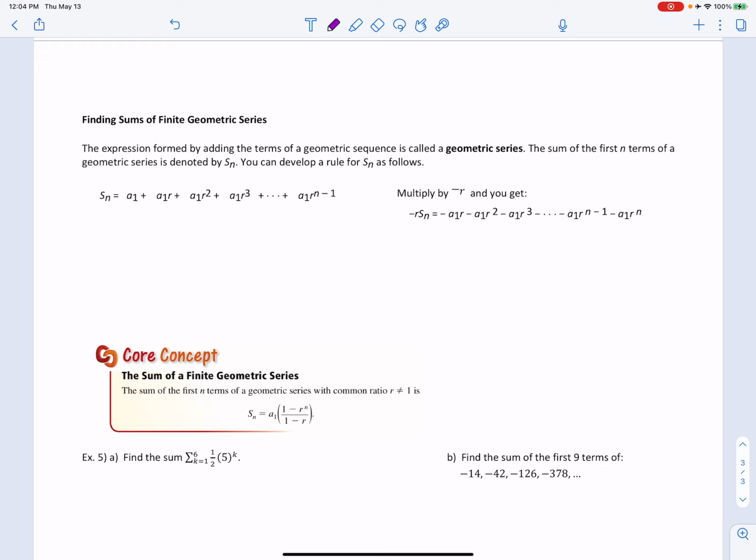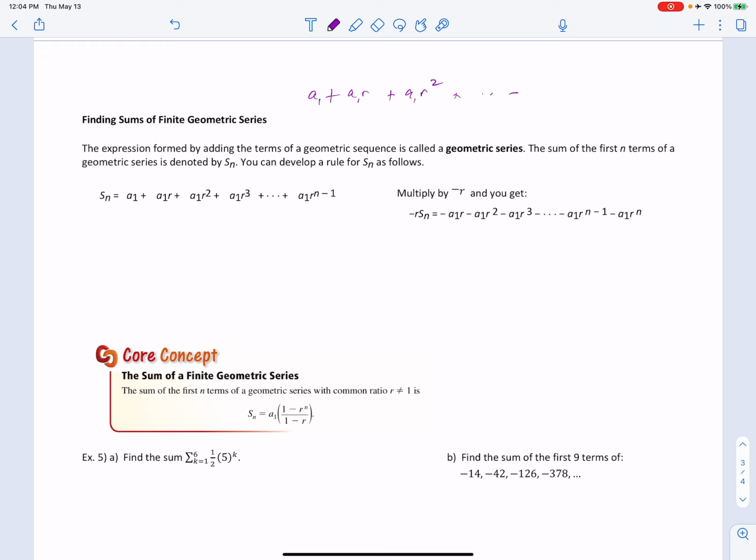So this is supposed to be sub 1. I'm not sure. It looks a little funny, but it is what it is. It's just your first term's a sub 1, your second term's a sub 1 times r, your next is a sub 1 times r squared, and then you are adding these up to get the series, the sum of a finite number of terms. Well, how we figure out the formula is we multiply,